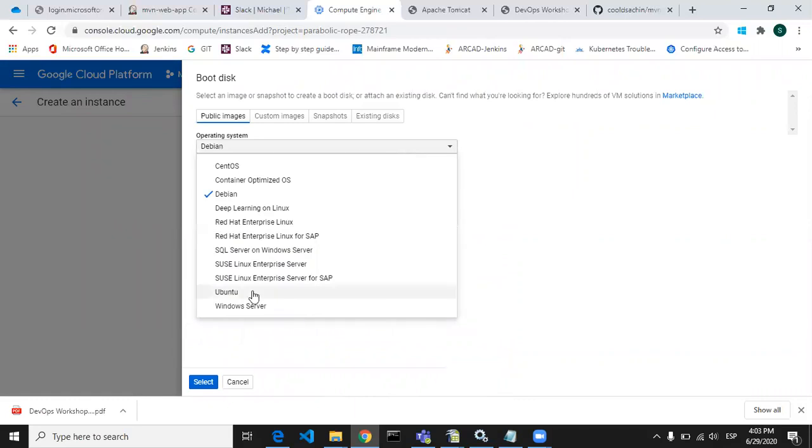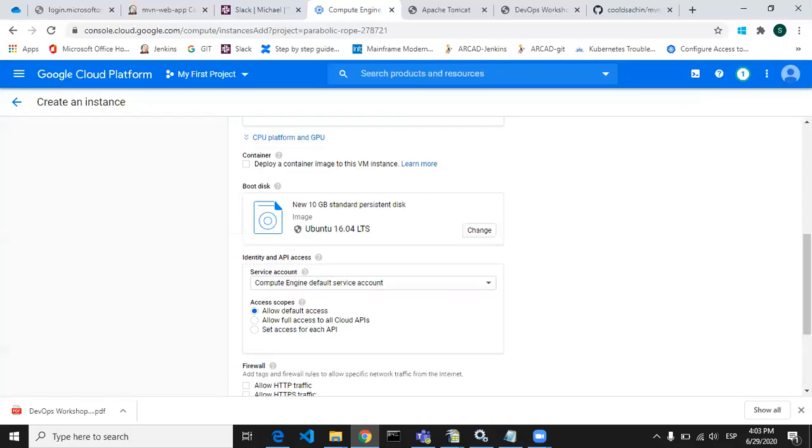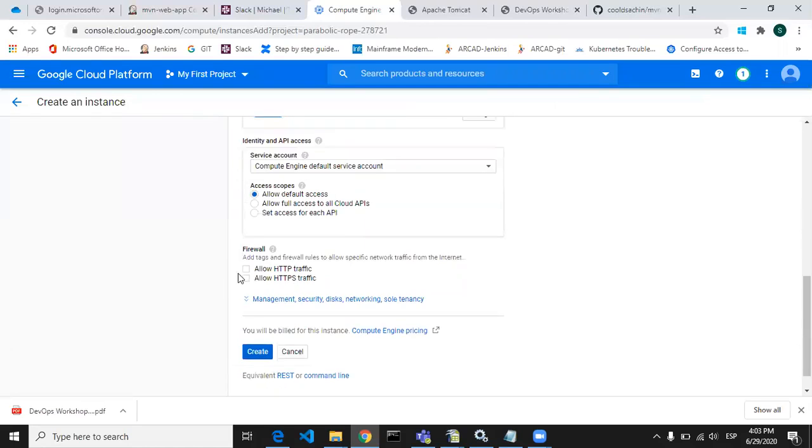There are multiple operating systems available here, and you can install Tomcat on one of them. What I have chosen is an Ubuntu server. After that, you just allow HTTP traffic and allow HTTPS traffic and create your instance.